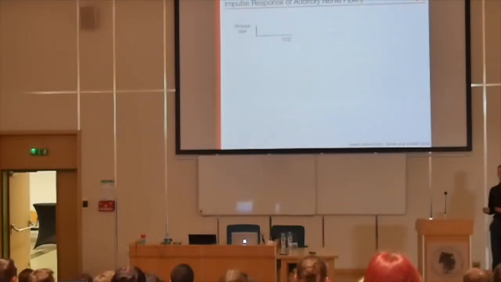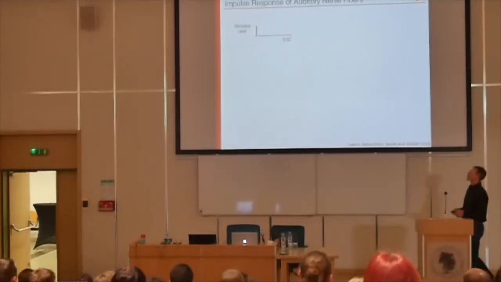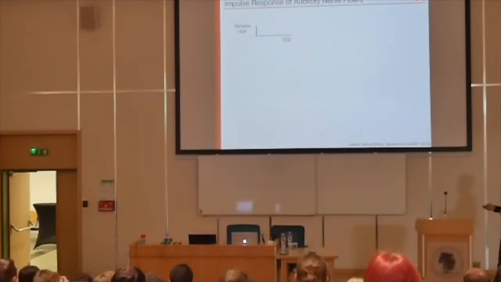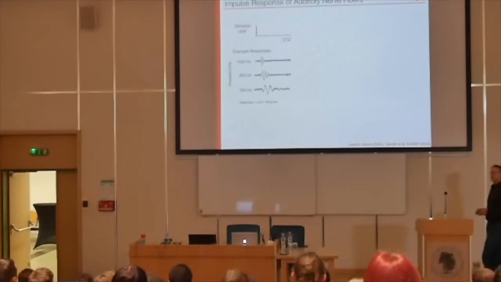And you can try to characterize the neurons in the auditory nerve by presenting this extremely simple stimulus. It's just a click stimulus, meaning it's a very brief impulse that goes positive and then back to zero. And you can see what the neurons are doing in their response. Here are some examples, and these frequencies indicate the dominant frequency with which they respond. What you see here is essentially a modulation of the firing rate of those neurons. And you see that they are modulating the firing rate quite rapidly up and down. And you see that there are different fibers, and different fibers have different preferred frequencies.